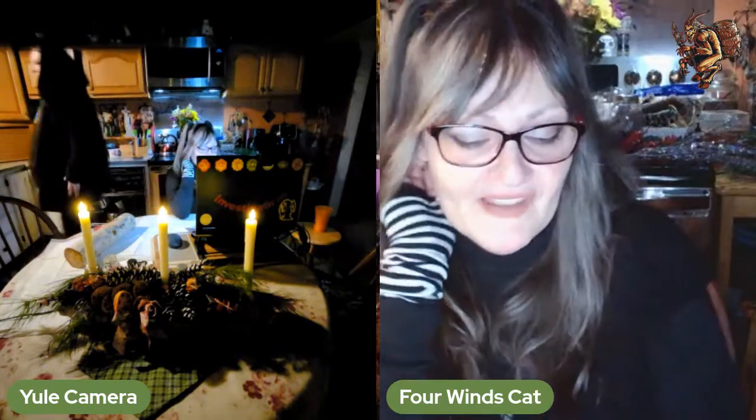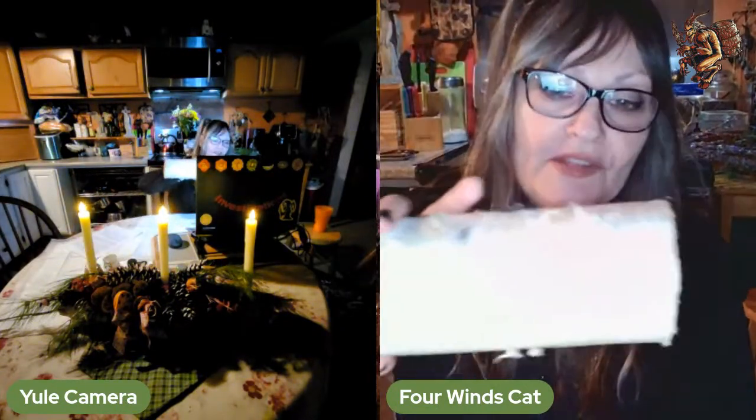So again, pine is fertility. And also the log that I'm actually working with, this is birch. Birch is also fertility. Just keep in mind that when I say fertility, it doesn't necessarily mean pregnancy. It also means new beginnings, new ideas. That's fertile. You've got to till those crops. So that's part of the fertility as well. It doesn't necessarily mean the birth of a child.